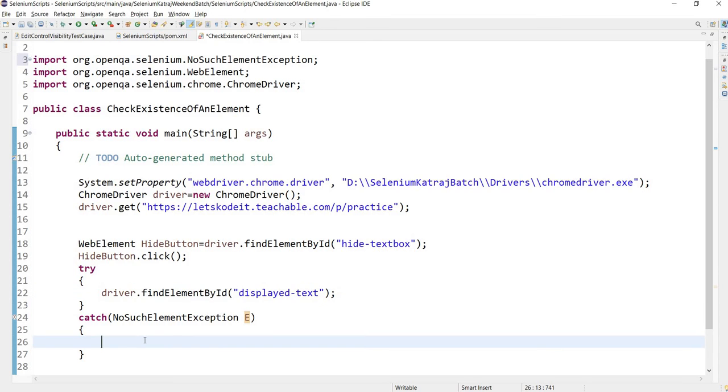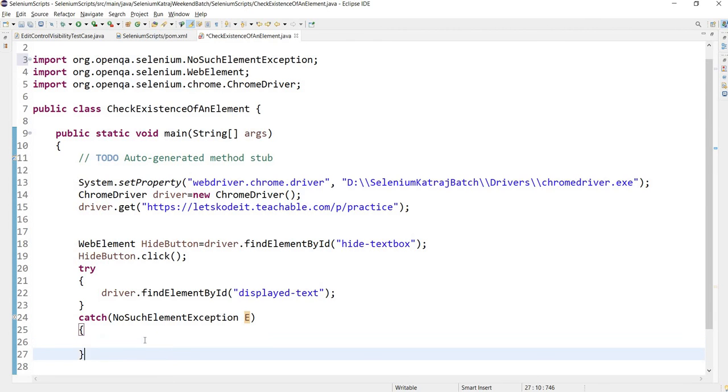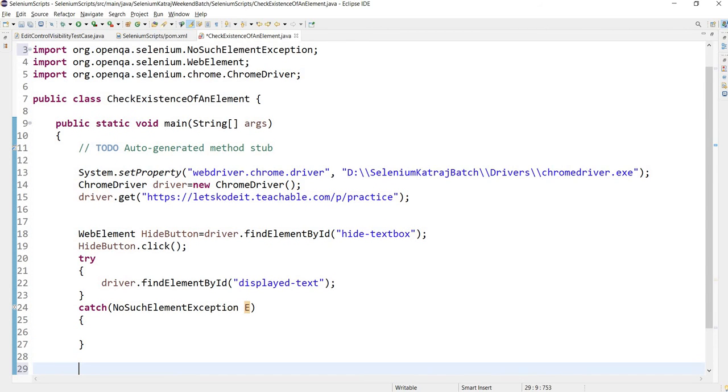So here we are expecting the flow of the code to come into the catch, right? And then here there would be an assertion that indeed my code went into this catch or not.